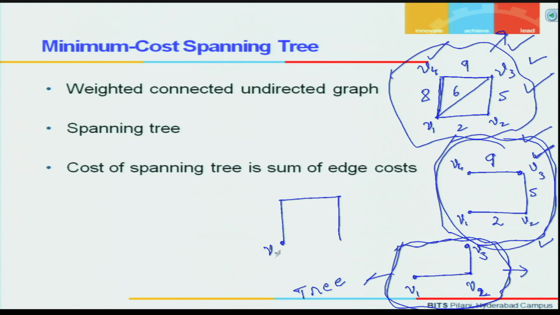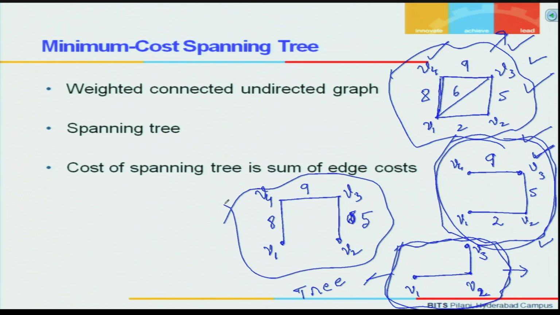This is V1, this is V2, this is V3, this is V4, and its costs are 8, 9, 5. The cost of this spanning tree is 17 plus 5, 22. This spanning tree's cost is 22. This spanning tree's cost is 16. All are actually spanning trees of the same graph. It means to say that given a graph, there will be n number of spanning trees